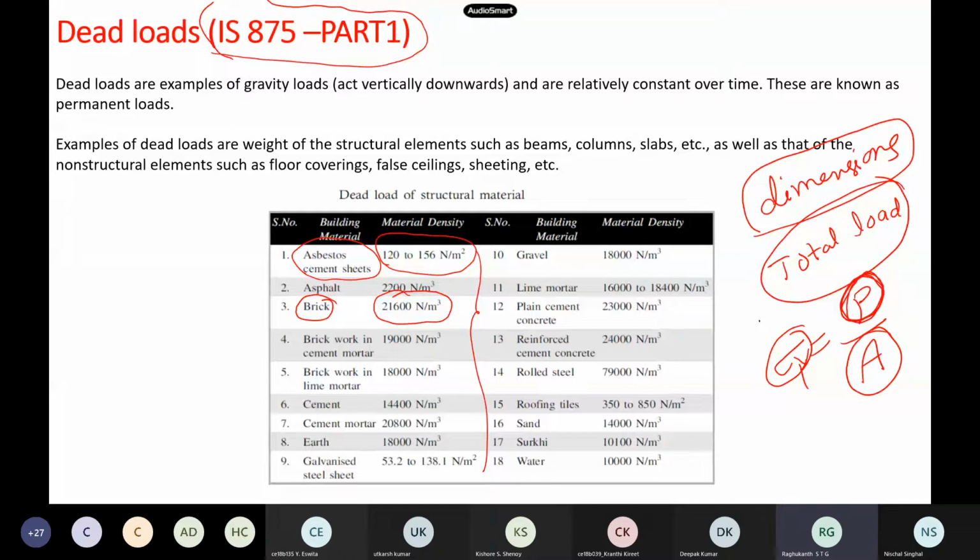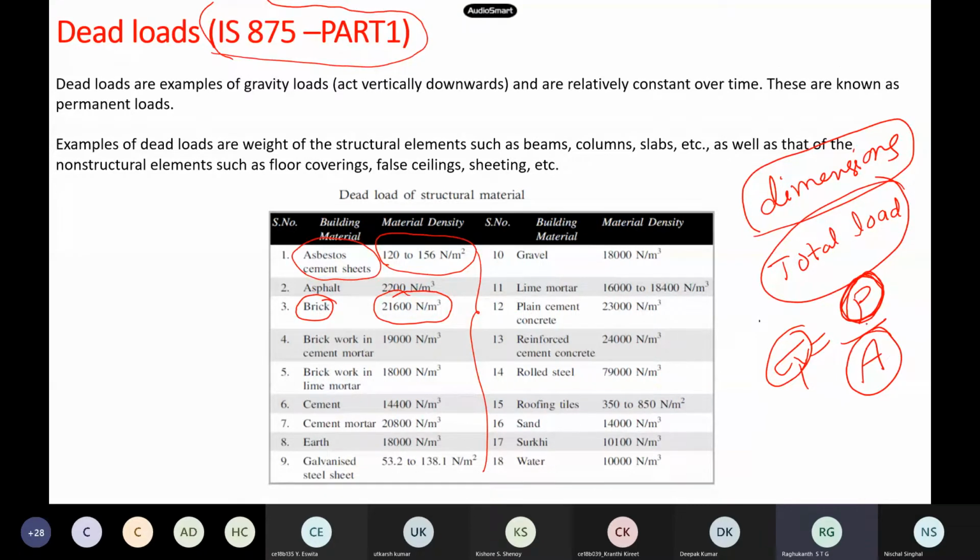They would have started with some dead load, calculated the dimensions and done the design, but when you substitute the dimensions and calculate the revised weights of the structure, the variations come. So it has to be done in an iterative fashion, because we don't know the dimensions. If you don't know the dimensions, you can't calculate the dead load.